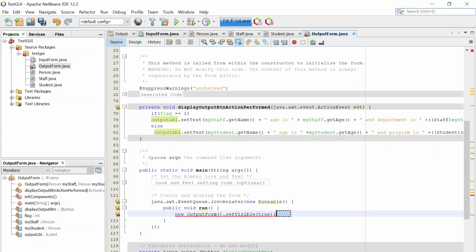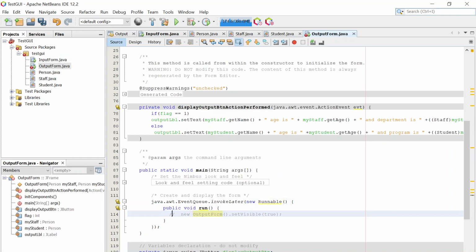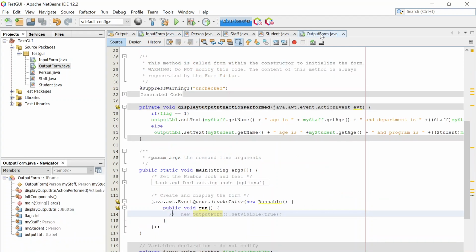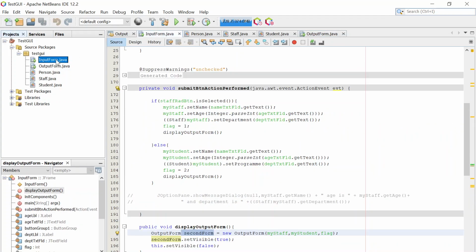So the error is for the output label here, because we actually already display the second form, the output form, from the input form. So we're not required to use this main method to show the output form. All right, so let me run